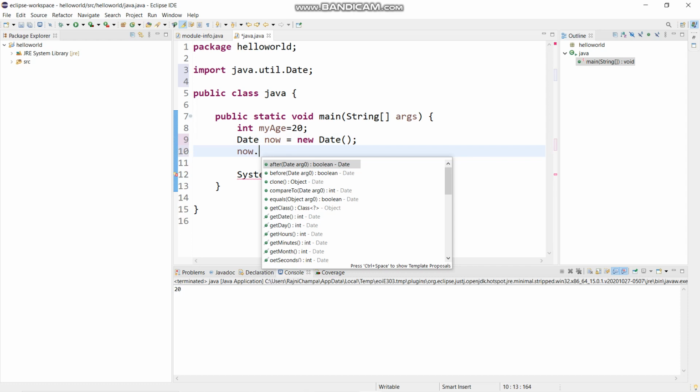This class has members which we can access with the dot operator. If we write now dot, you can see the members beneath it. In the primitive type we can't see that. For example, we have a method, now.getDate, and getDate returns the date component of this object.